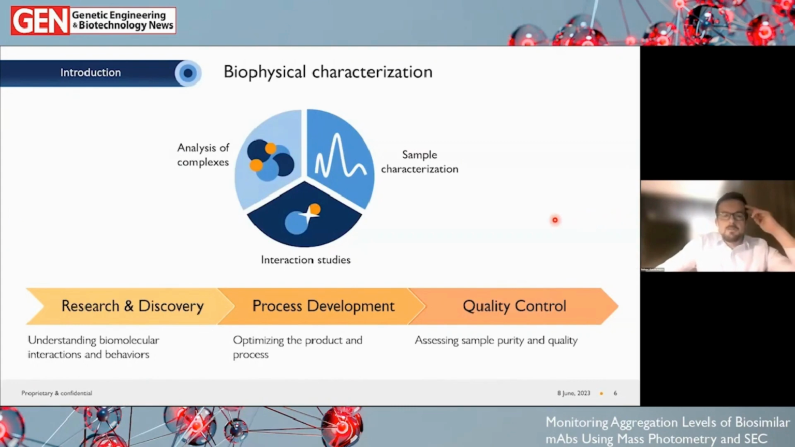So if we begin to move on to what we can use this for in a little bit more detail. Usually where biophysical characterization is concerned, there are 3 broad areas of interest that people want to be able to use these tools for: to analyze complexes, to look at how different species may interact, whether it's an antibody-antigen interaction, and being able to pull out maybe a dissociation constant, and hence get an idea of the affinity of that interaction. And also sample characterization, whether it be just a very simple purity check,